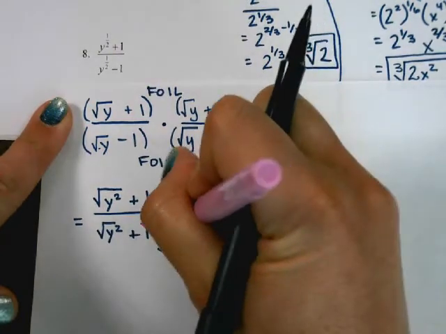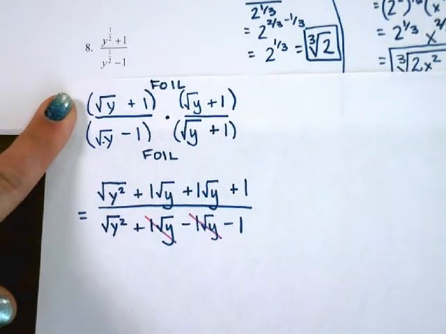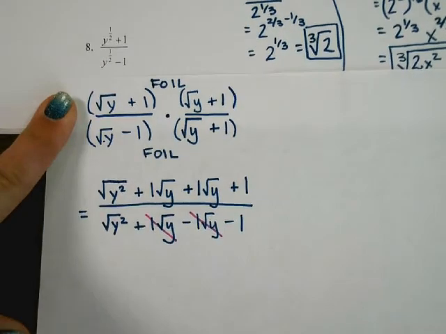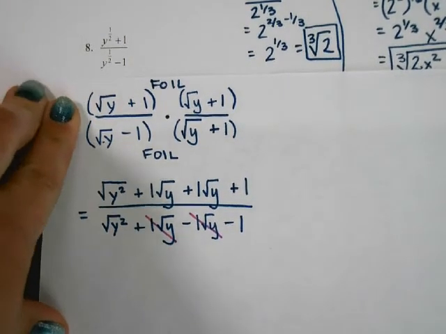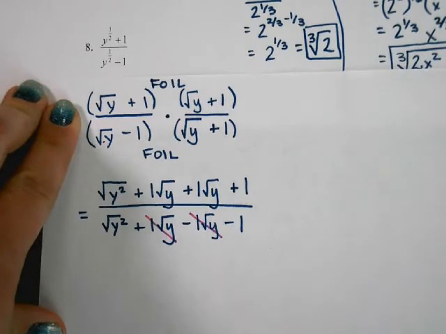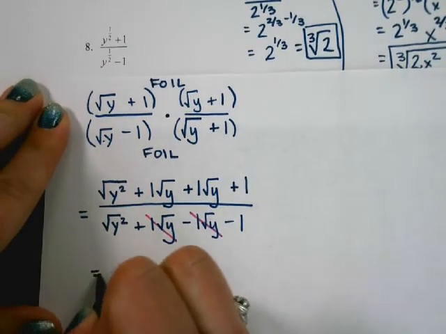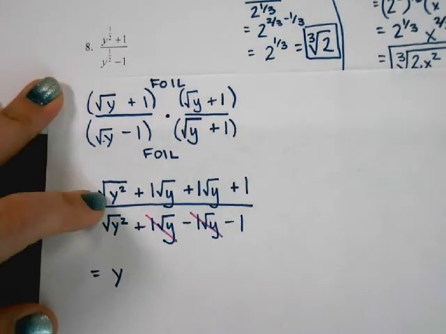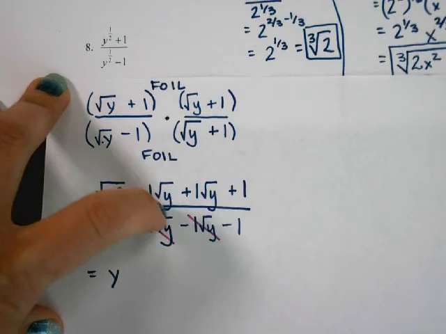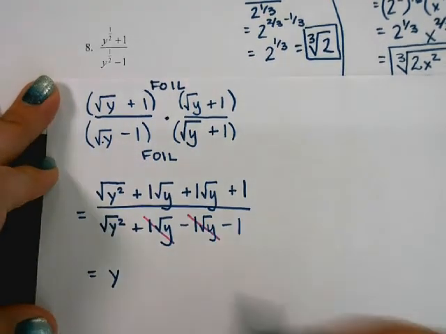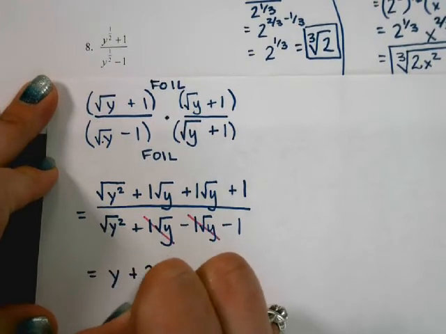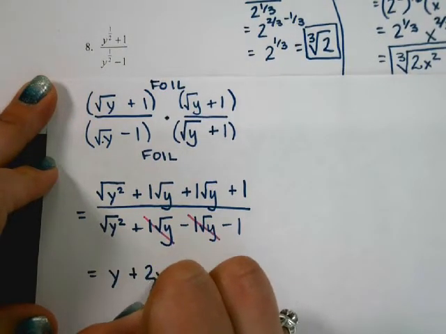So my plus 1 root y and my minus 1 root y are going to cancel. And then let's simplify this guy. What's the square root of y squared? Y. So that guy turns into y. And yesterday we learned how to add radicals. The index has to be the same and the radicands have to be the same, and then I can just add the numbers out front. So what's 1 plus 1? 2 square root of y